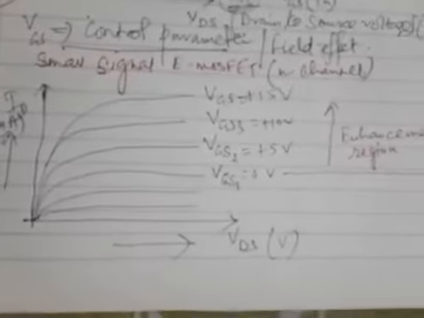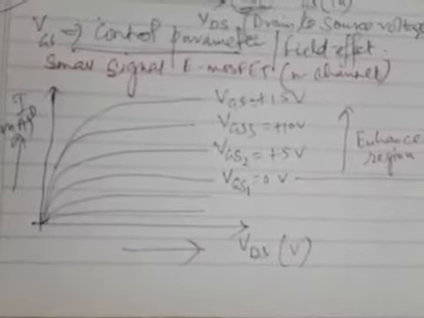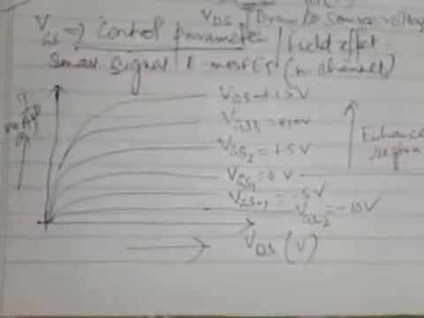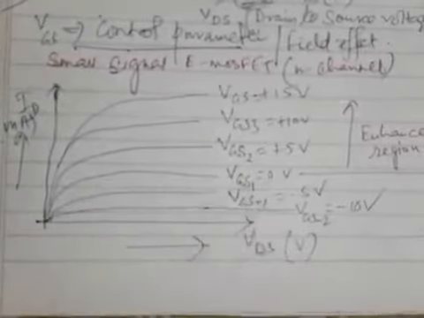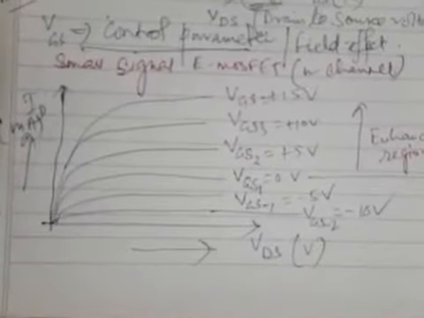But what happens when we are increasing in the opposite direction? That means we are increasing in the negative direction. If this side is considered increasing in positive direction, let us suppose in the bottom side it is increasing in the negative direction. So this is VGS minus 1, which is suppose minus 5 volt, and for this it is VGS minus 2, which is suppose minus 10 volt. As we go on increasing negatively in the downward direction from this level of VGS equal to 0 volt, we will be seeing that more and more negative voltage is applied between gate and source.